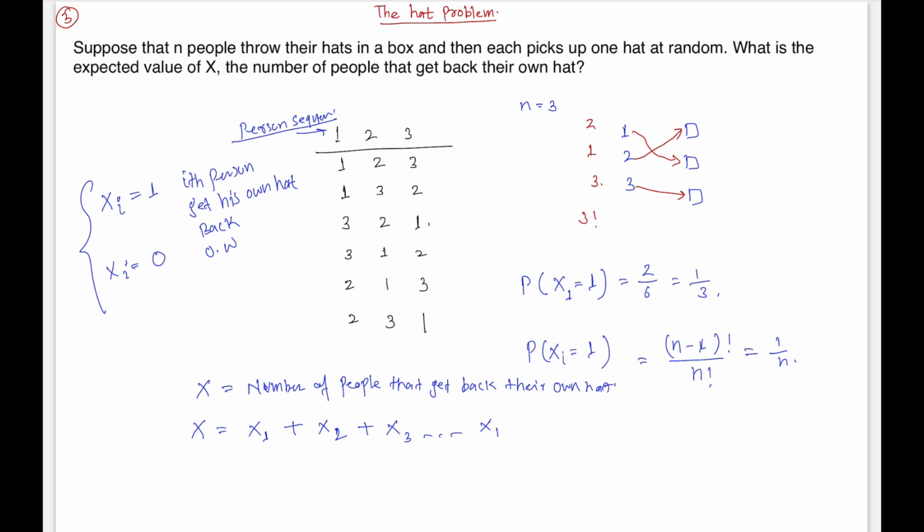We will have such n random variables, right? And now we can use the linearity property to find the expectation value. So overall what we have done, we have this complex random variable x. We have expressed this complex random variable as a sum of simpler random variables, and now we are using the linearity property to find the expectation of this. So using linearity, that would be the sum of the individual expectations,